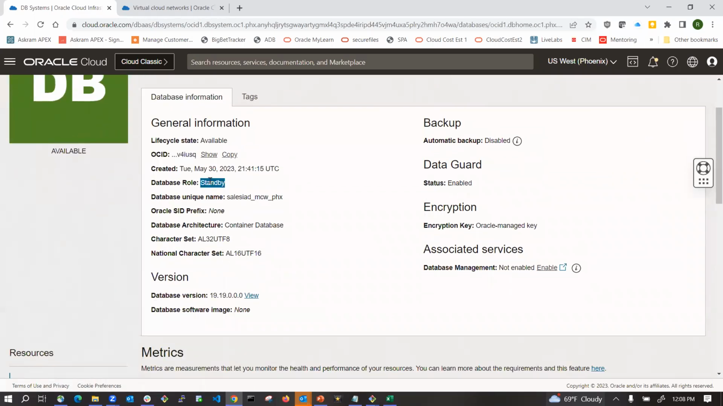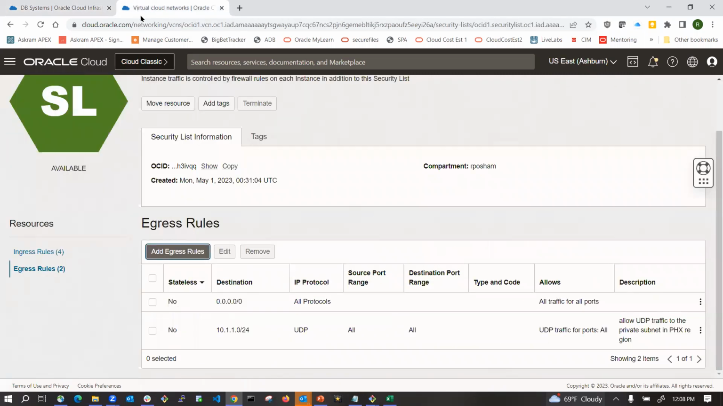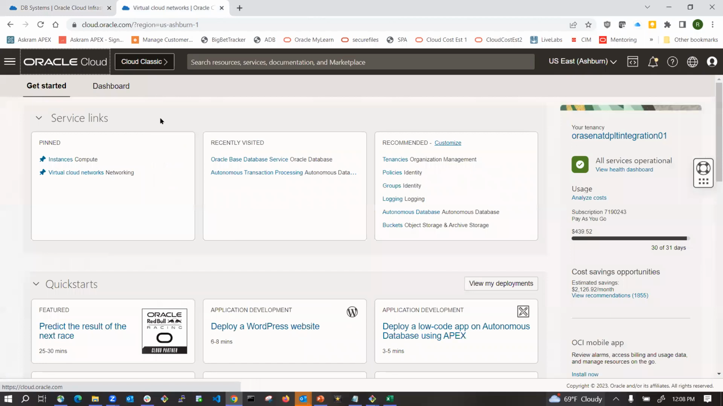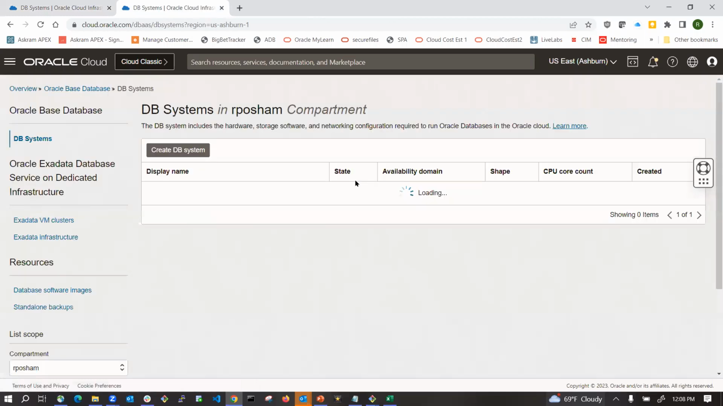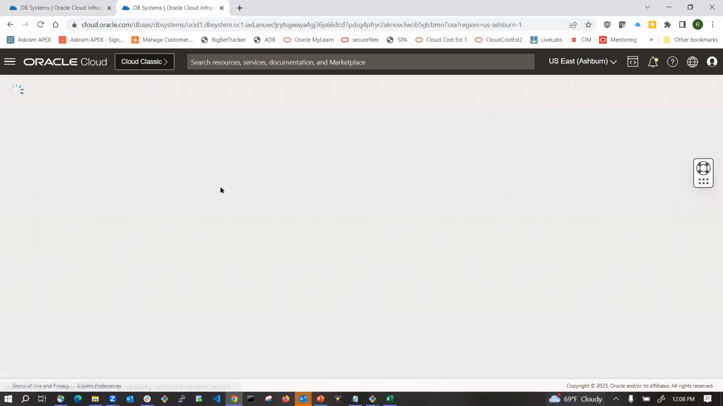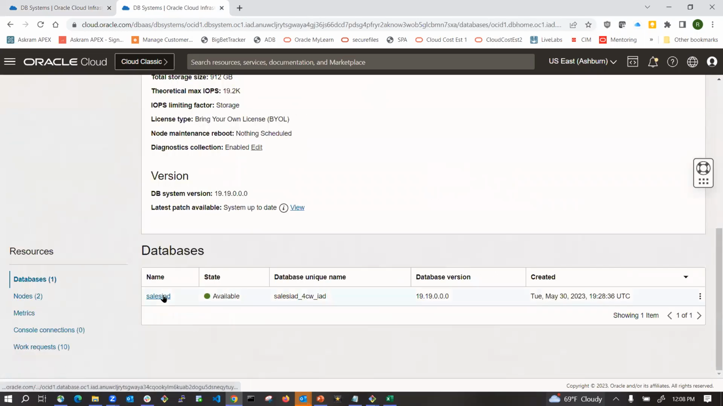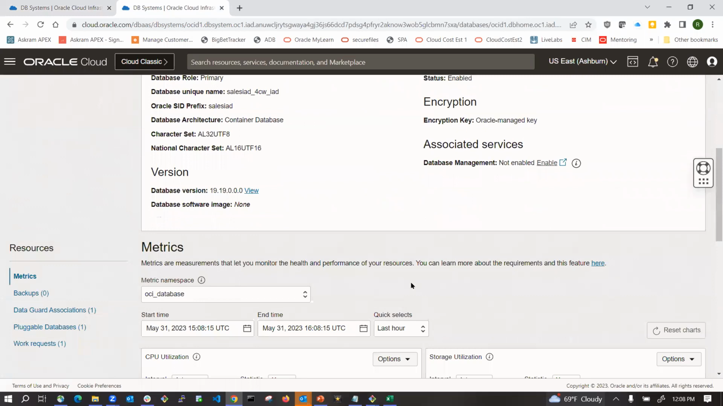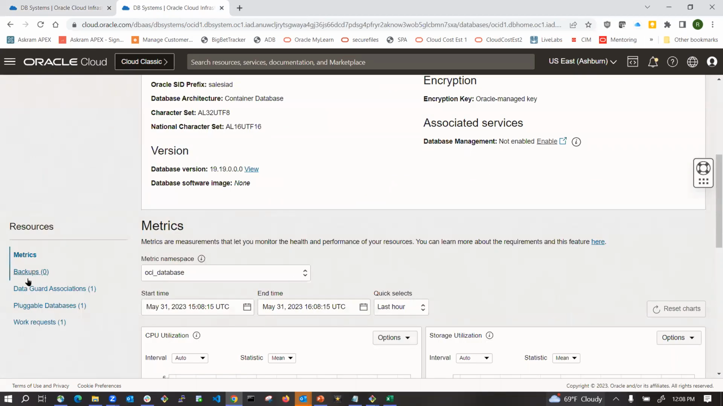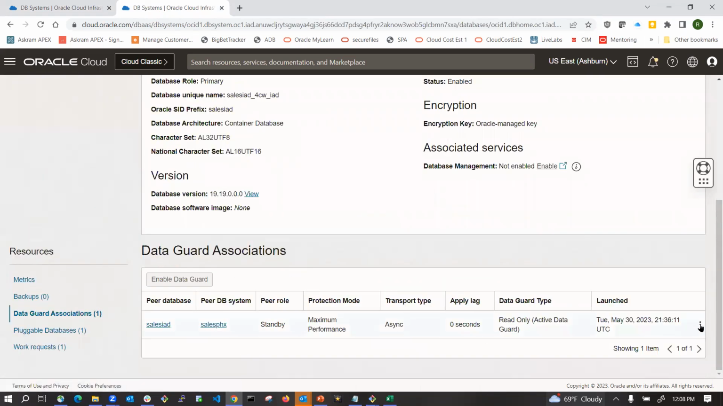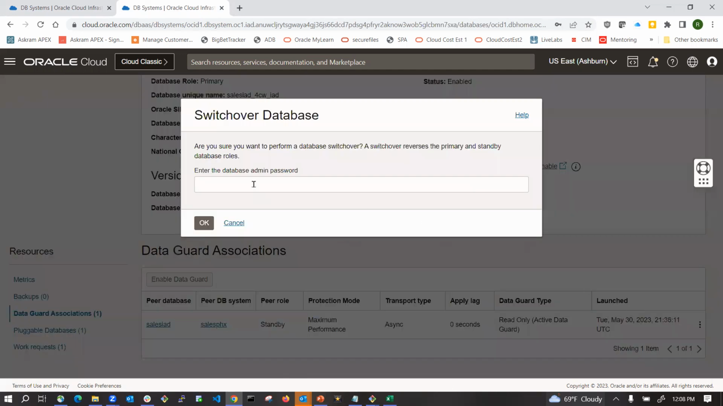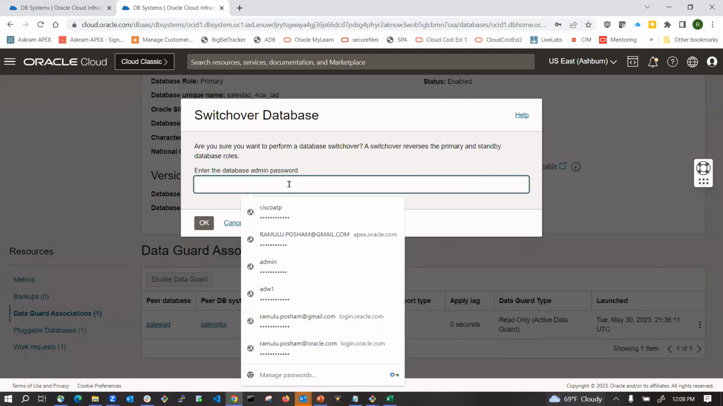It is a standby database. So let's go to Virginia, go to the database, and I should be able to do a switchover actually. See these Data Guard connections, and I should be able to switch over, right? So that it's asking for the,